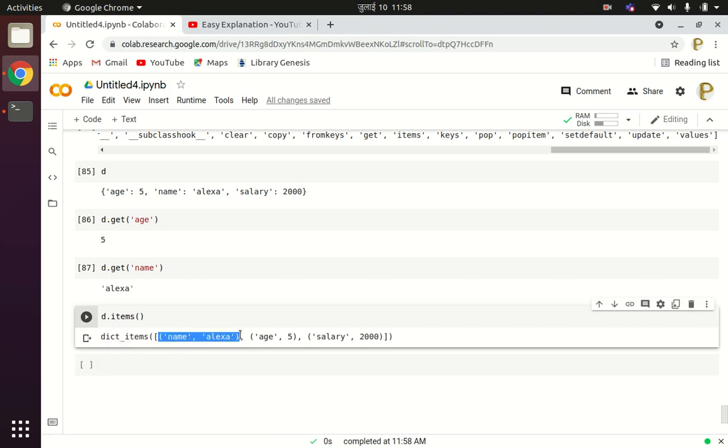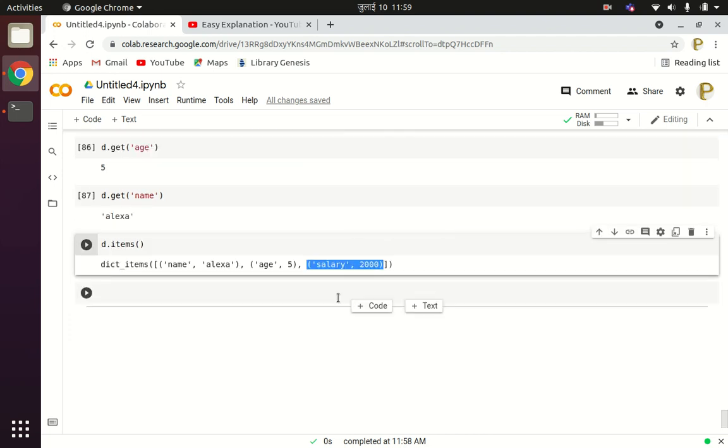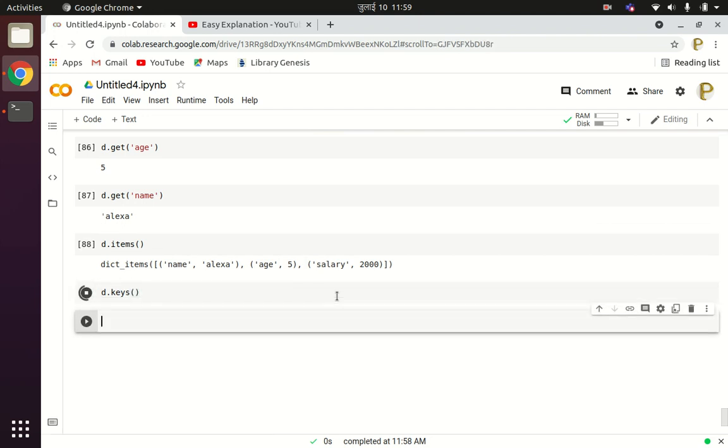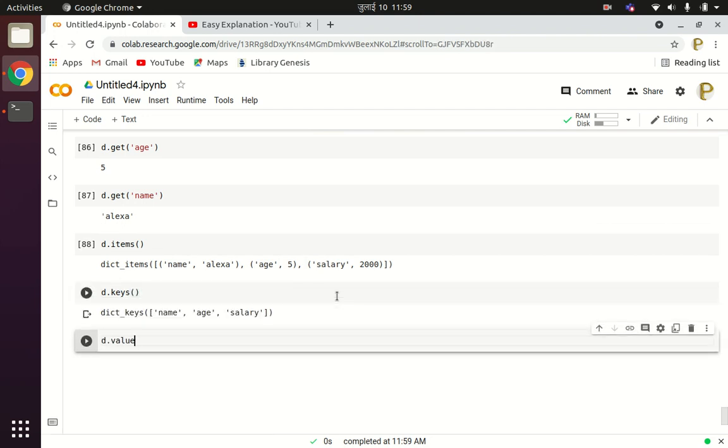This is one tuple, this is another tuple, and this is another tuple. So we'll be using the D dot items method in order to iterate over the dictionary. You can list all the keys by the D dot keys method, and you can list all the values of the dictionary by using the D dot values method.